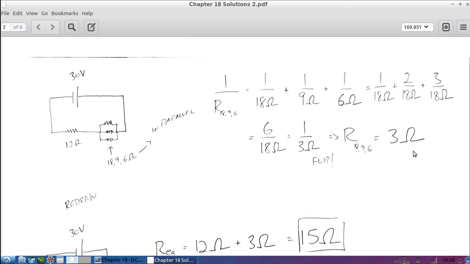And that's kind of something strange that we recognized in lab, is that the more resistors you add in parallel, the greater the current was going through the battery. Because when I'm adding resistors in parallel, I'm actually decreasing the total resistance that the battery is experiencing, right? So I've got these big resistors, right, 18, 9, and 6. Combining them in parallel gives me a total resistance that's less than the resistance of just one of those resistors,